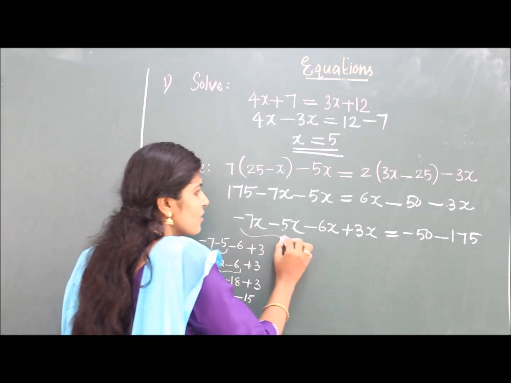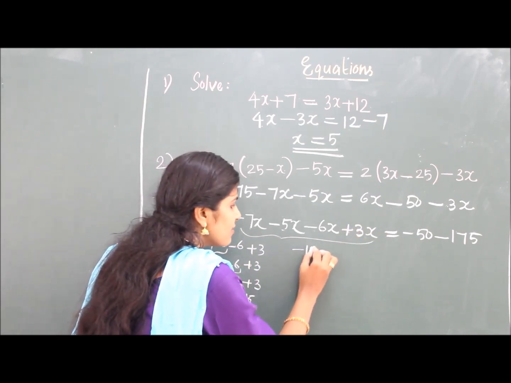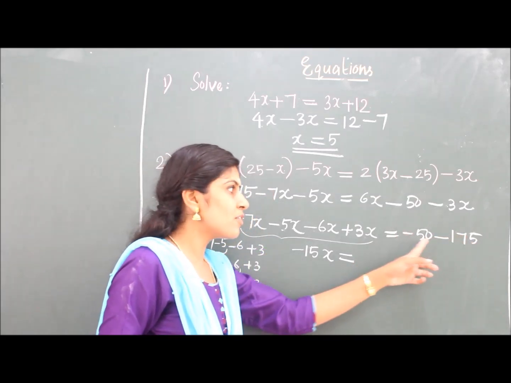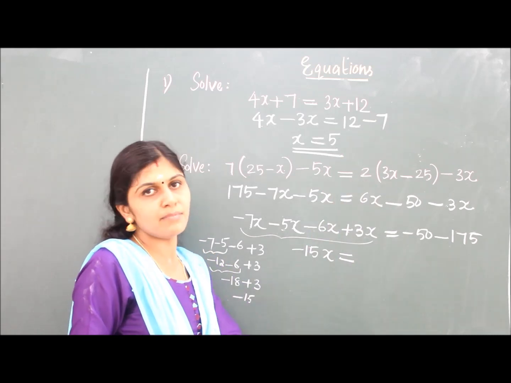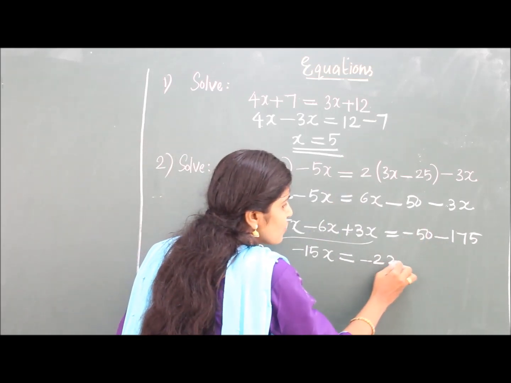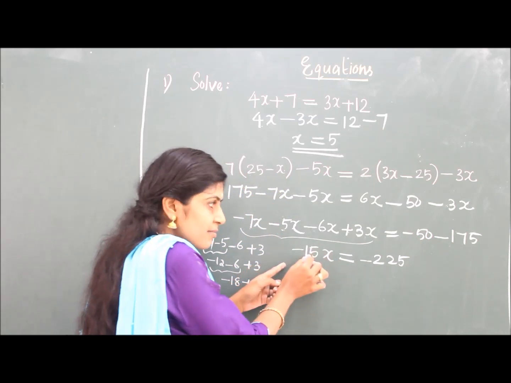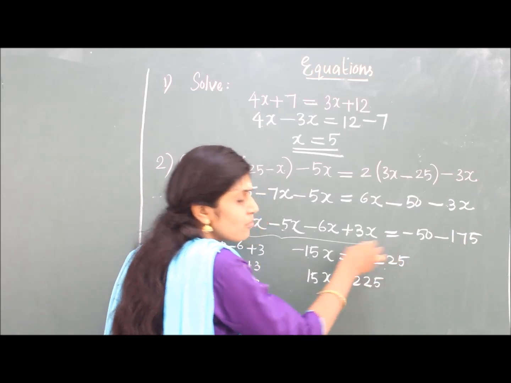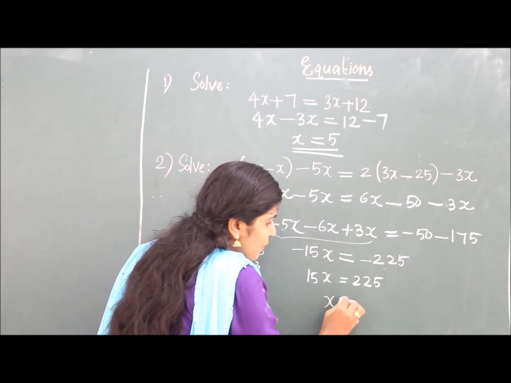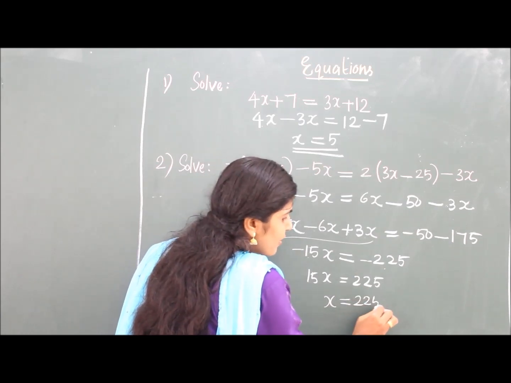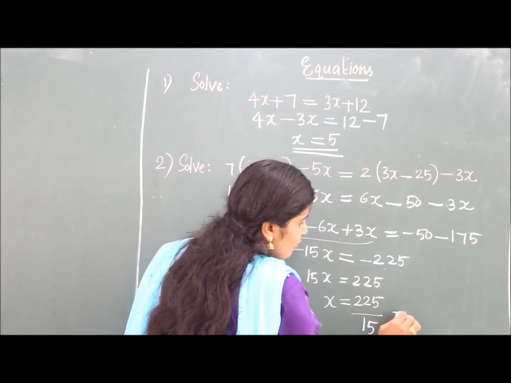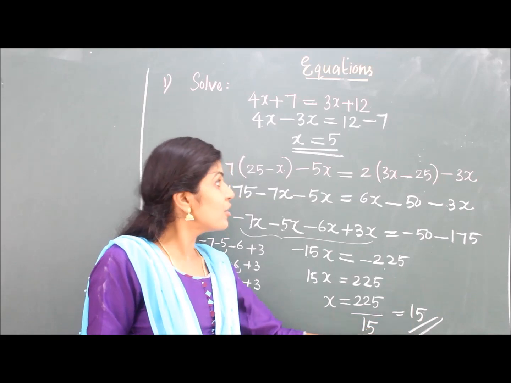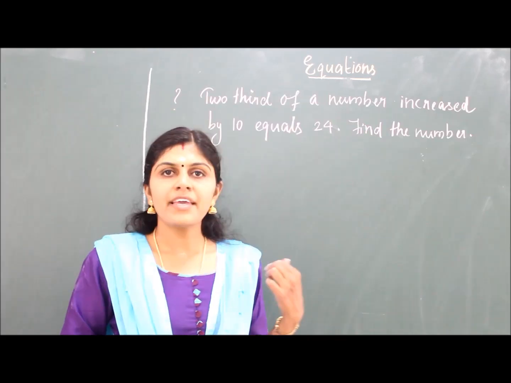Okay, so the entire term on the left hand side becomes minus 15x is equal to minus 15 minus 175. Since both are on the same side, we have to add them and put the same side. So it is nothing but minus 225. Now minus 15x is minus 225, which means 15x is 225. You can cut the negative on both the sides. So what can you say about x? x is equal to 225 divided by 15, which is equal to 15. Because 15 square is 225, right? So x is equal to 15 is the solution to this equation. We can discuss one word problem.